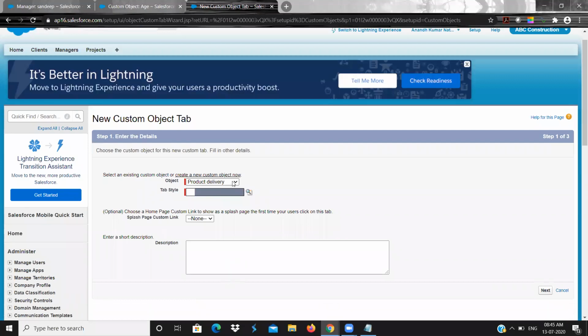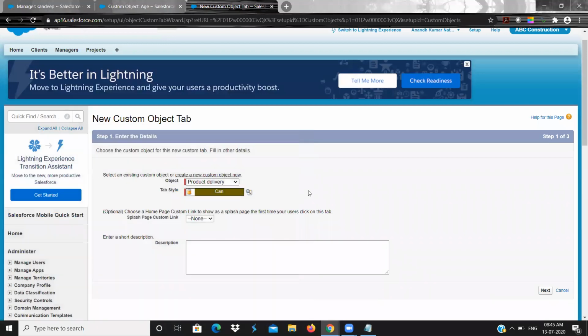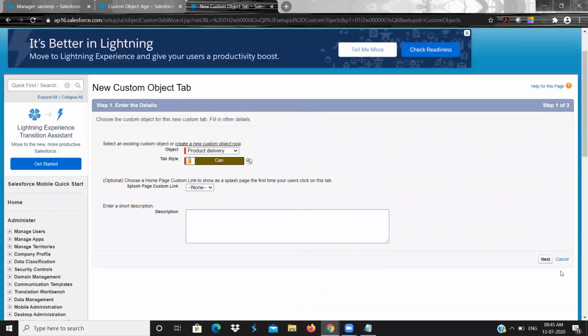Okay, so product delivery. So the tab will be this one. Okay, so I'm having this theme, and next.